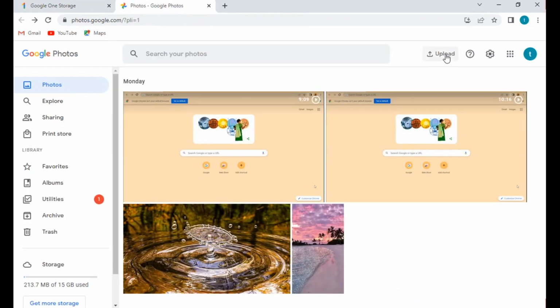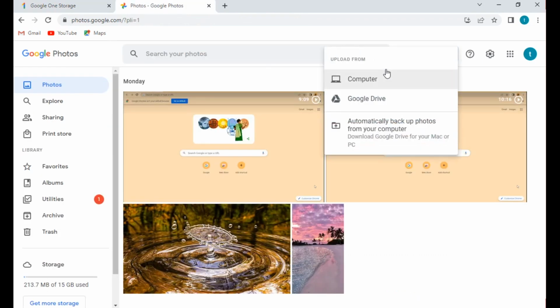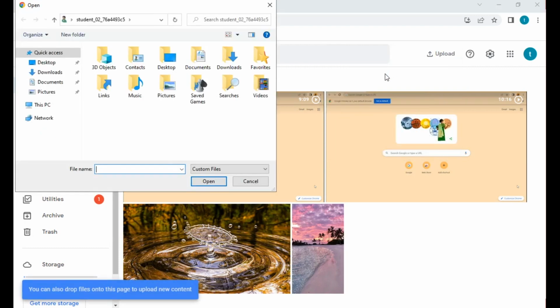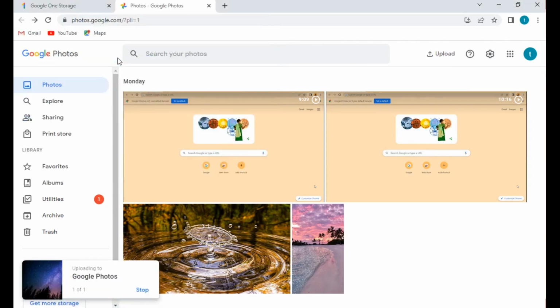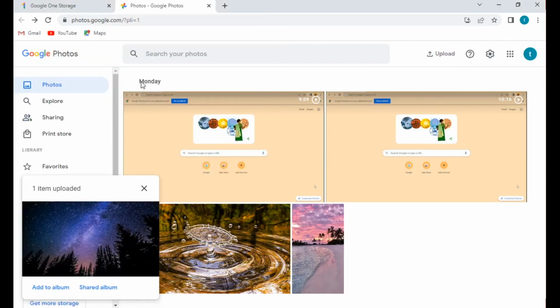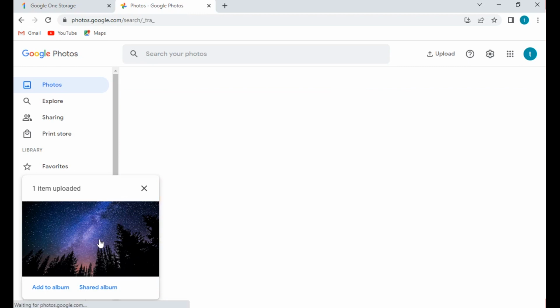I open my computer folder. Now we open my pictures. Now I open the photo I uploaded to Google Drive. This one, this is the photo uploaded on my Google Drive.